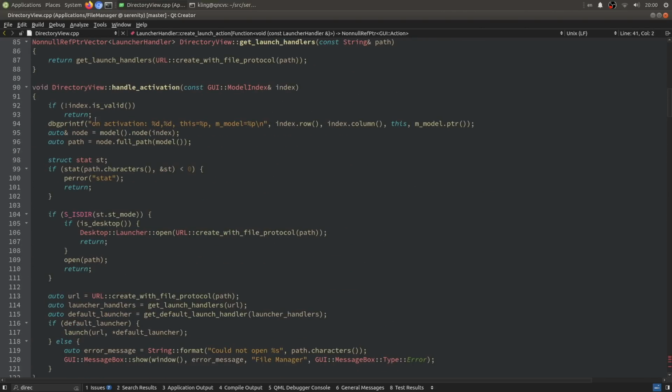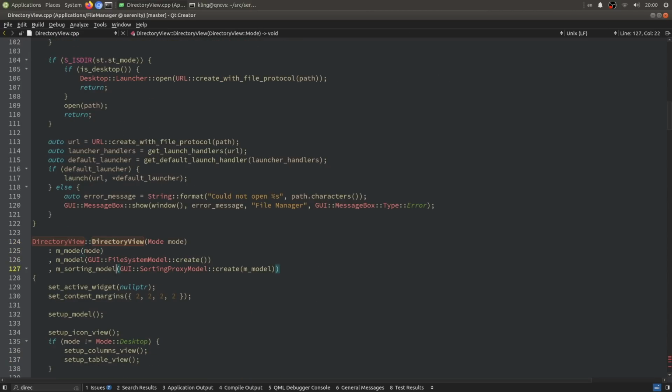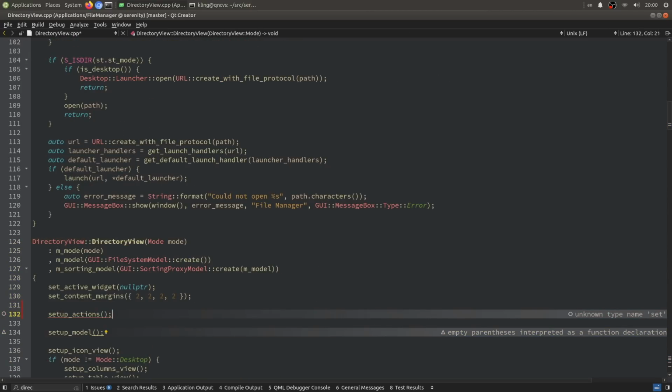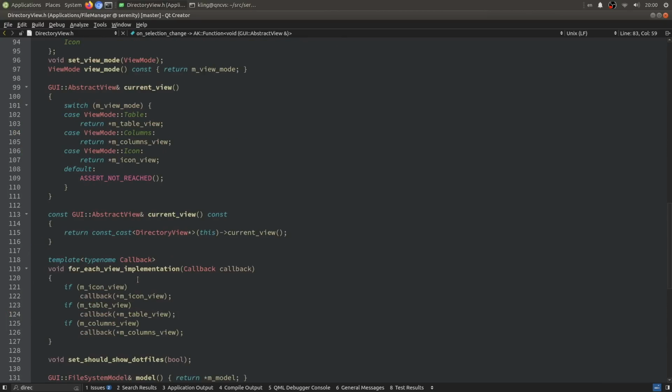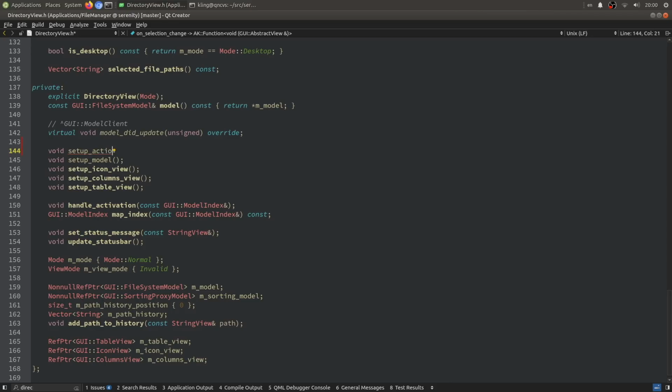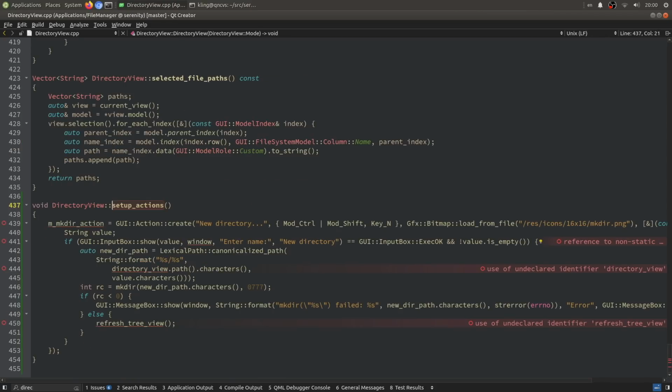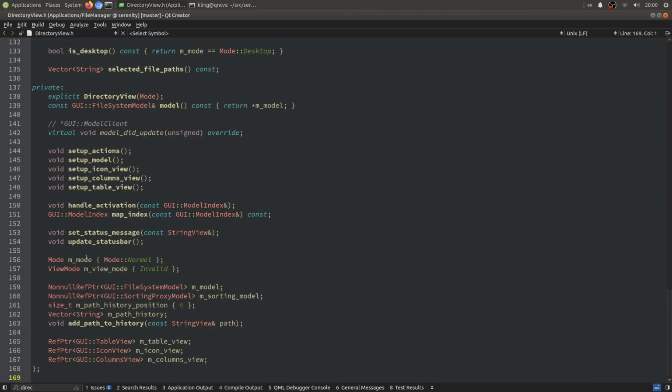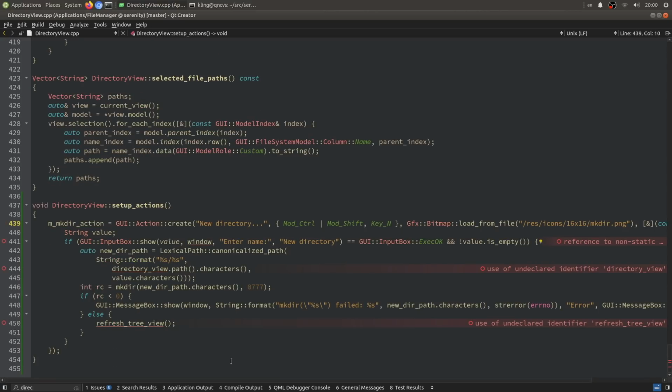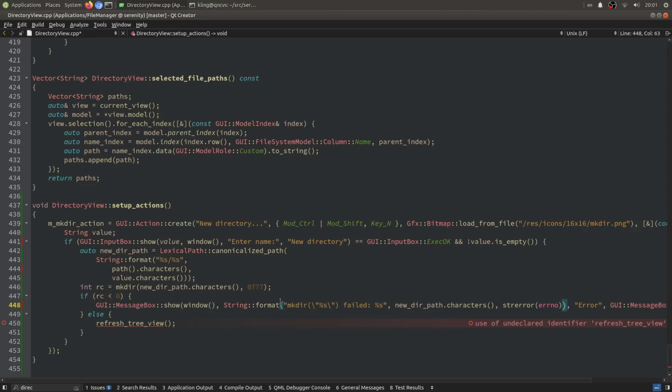Okay, and then directory view needs to call some kind of setup actions thing, which we'll put here, setup actions. All right. And of course we need MkDir action. So the window is no longer nearby on the stack, so we can just get it this way. The directory view, that's us. And again, the window, we just find it this way. And refresh tree view, that one is a little bit,